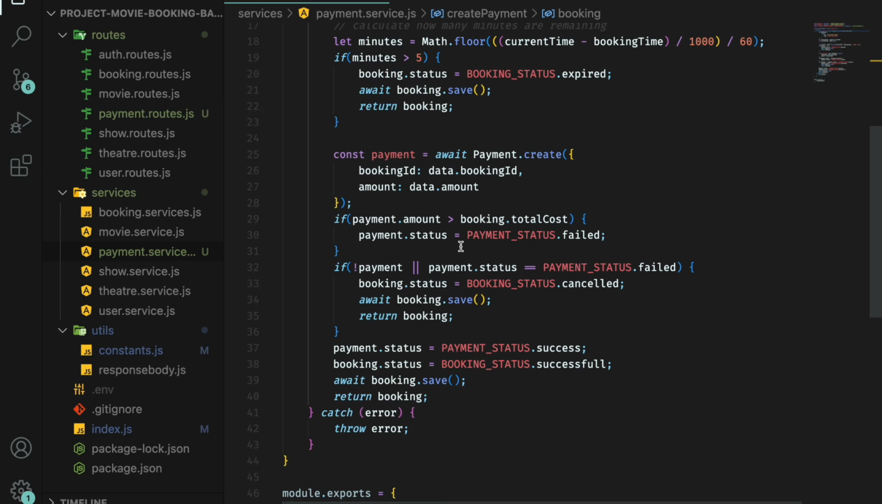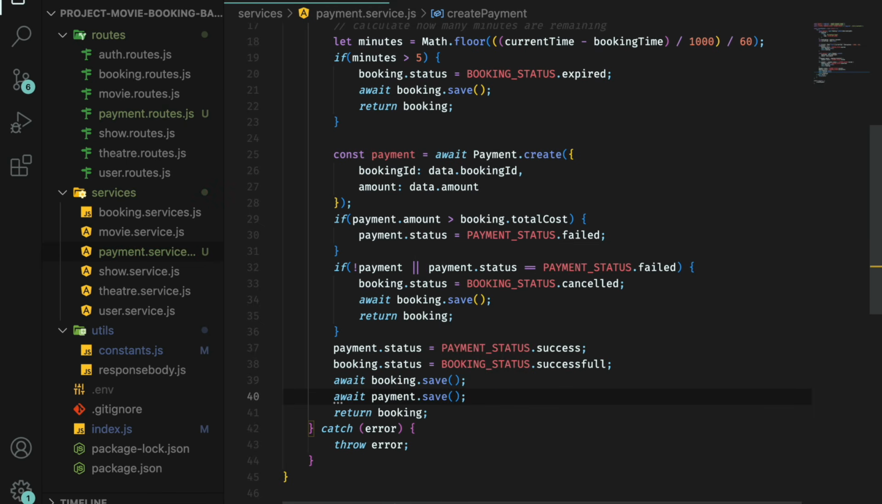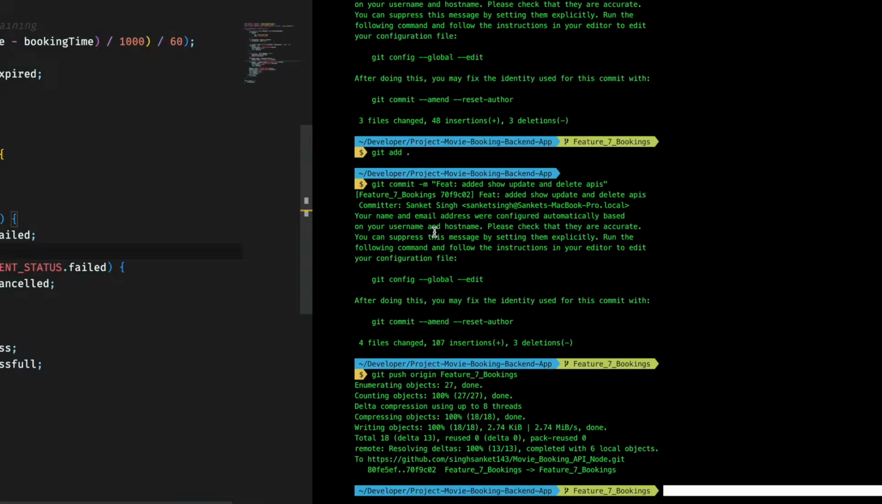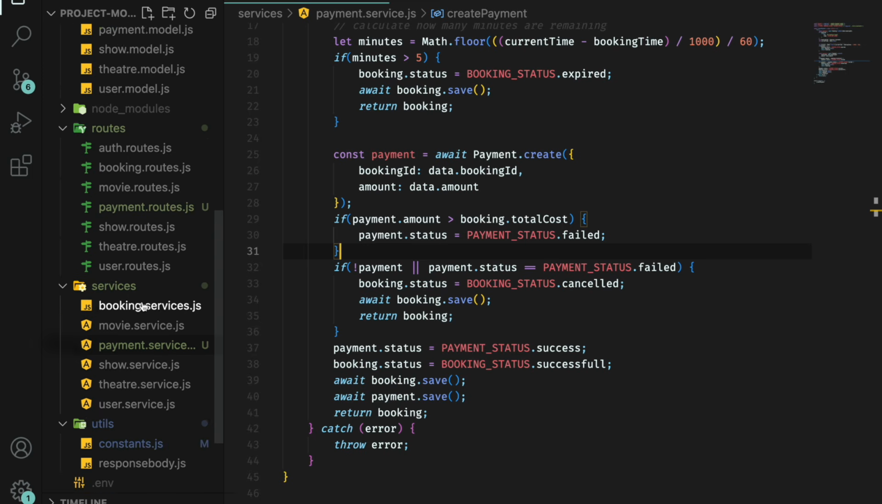So okay, we are not saving the payment, so await payment.save. I believe this should work. Okay, so this will help us to update the payment as well, right? Now we need to just check one thing, that the payment that we have made and the booking amount that we are having is same, because if you will see the booking model,